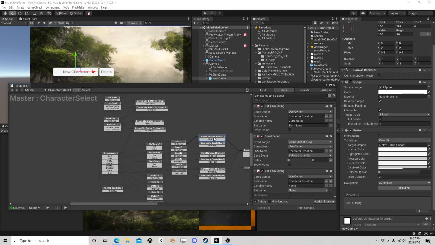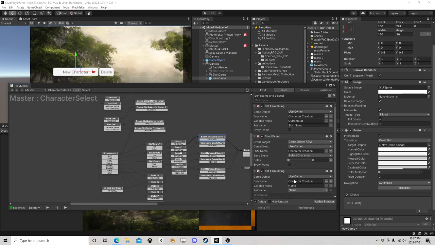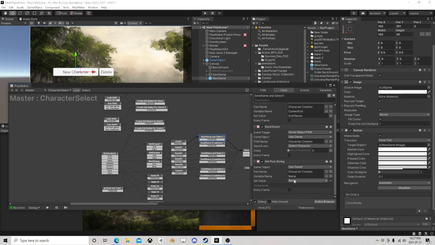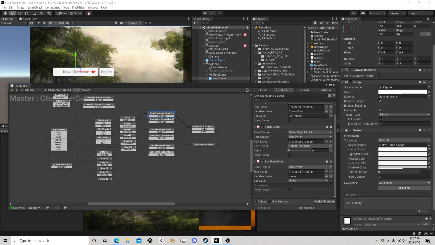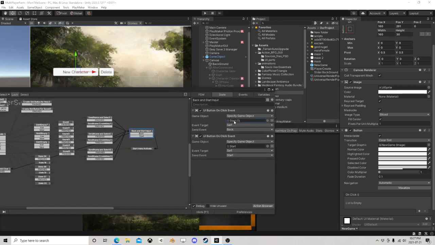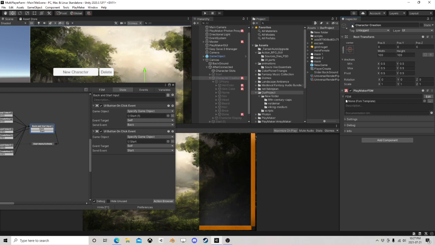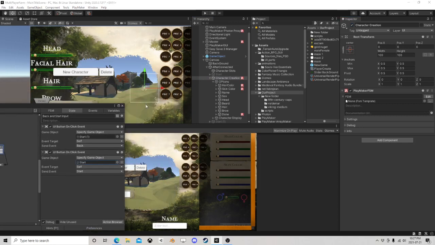This one does the same thing, slot 1 name, but it sends a different event called select character, and it sets the name in there for a different name, and then it waits for an input of the back and the start, right? And that's these two. If we're in the character creation mode,